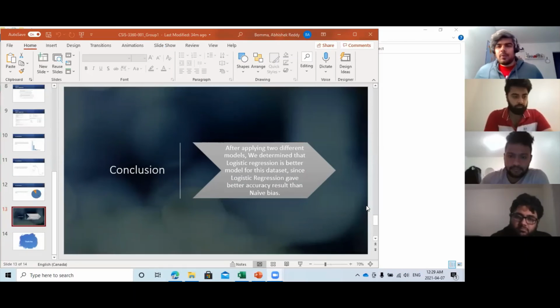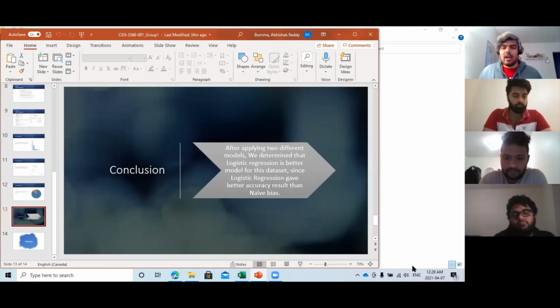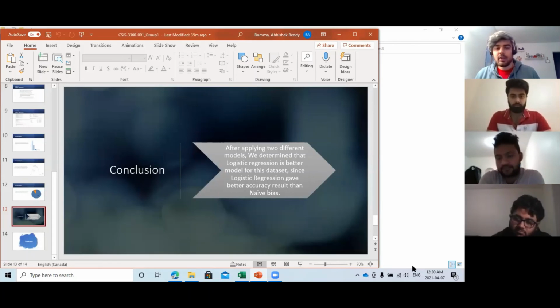Thank you, everyone. Before concluding, I would like to add one more thing. In this project, our learning outcome was that we had to use a lot of models on our data set before concluding with the last two, logistic regression and naive-Bayes. Other than that, we also tried random forest, but our output wasn't as expected, so we couldn't use it. It was not correct for our specific data set.